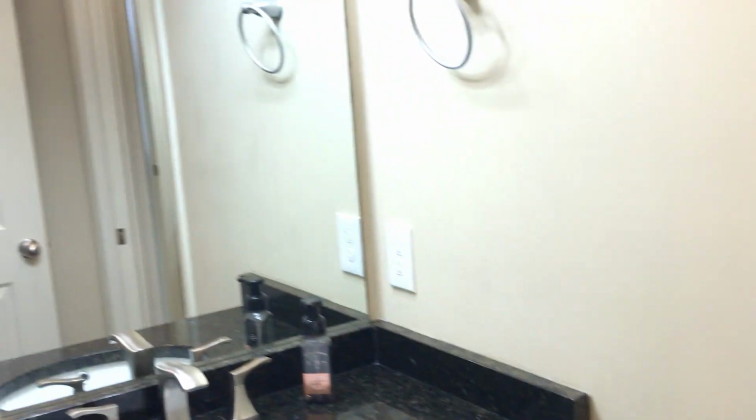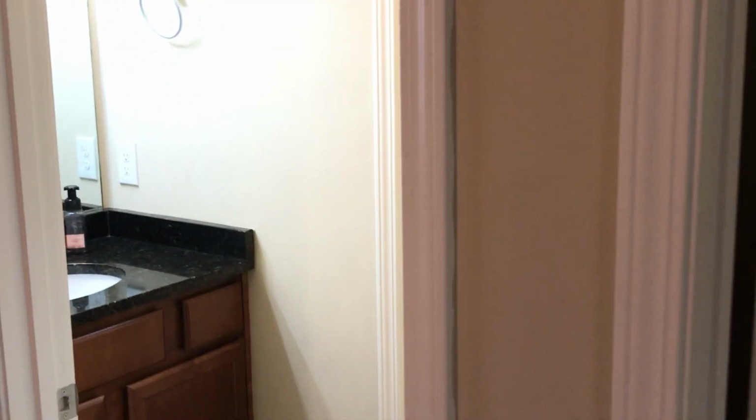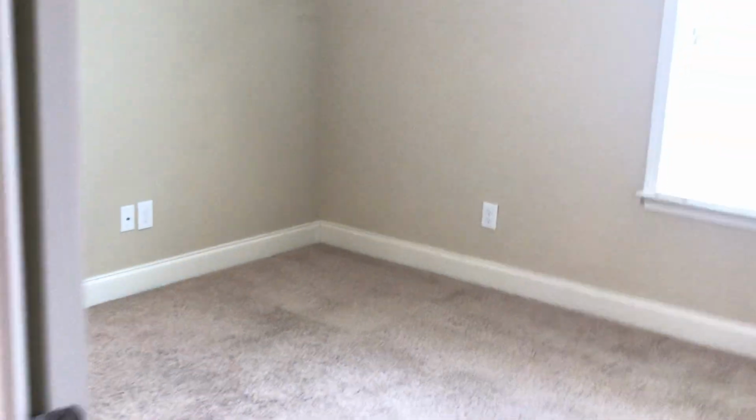Alright, so here you have the bathroom area. Now this bathroom here is a little bit different than normal. It has a few doors on it. So you got 1 door, 2 door, 3 door, 4 door. So 2 doors access it from this side, and then also you can access it from the bedroom. It's different. What I would probably do is